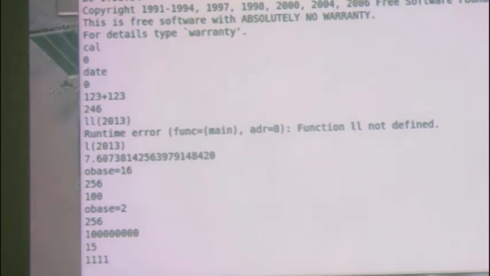Now instead of a decimal number, if you want to convert a hexadecimal number into binary, then what to do? For that it's very simple. Along with obase, you have to use ibase first. That ibase, that is whatever you input, ibase is 16. That means you are going to enter a hexadecimal number and you want to convert it into binary. So obase is equal to 2, right? ibase is equal to 16, obase is equal to 2.